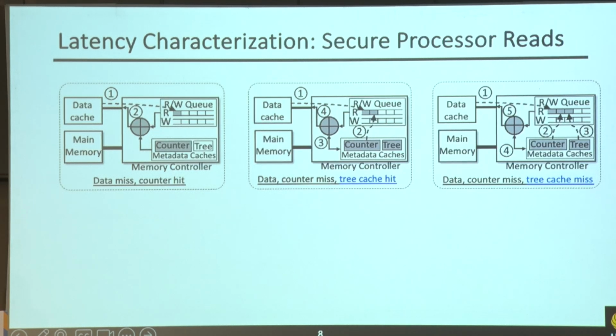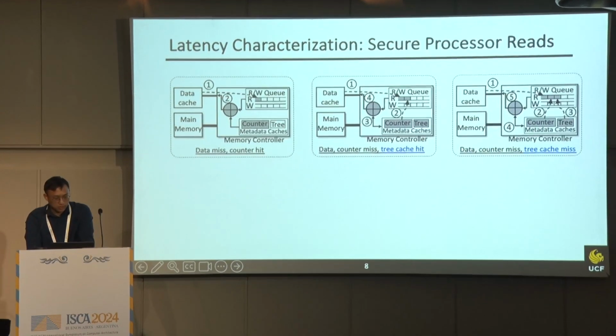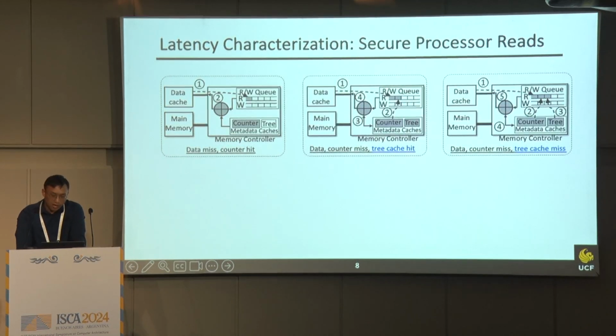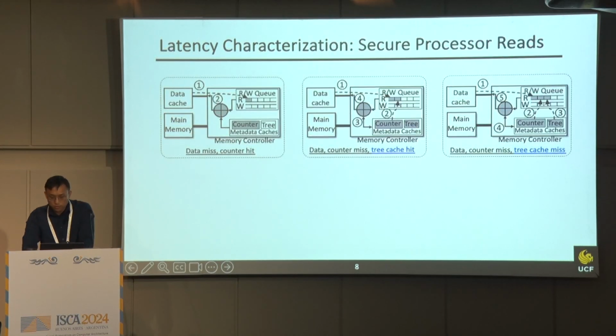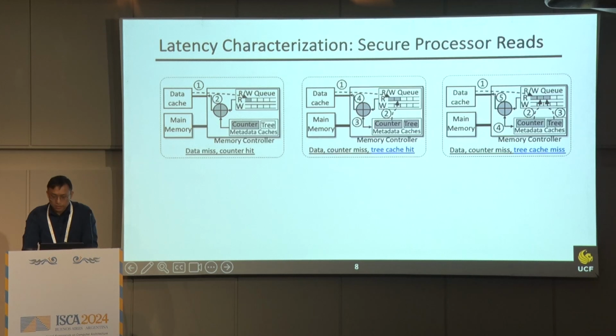So we did a latency characterization for secure processor reads on both a simulated state-of-the-art architecture and Intel SGX processors. Essentially, you can look at 3 scenarios. In the first scenario, the counter is cached under a Bonsai Merkle tree, which is built over counters, so the tree access is not needed, which is the shortest path. The second scenario, in the middle, is when there is a counter miss and the first-level tree node is a cache hit, leading to verification from only the leaf node. And finally, in the third scenario on the right side, multiple tree nodes are missed. We perform a data read operation distribution